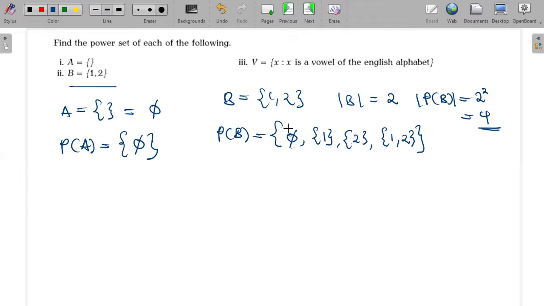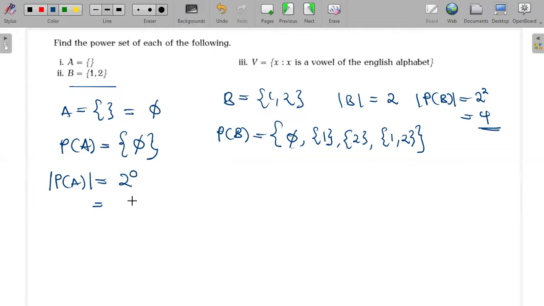So this here is the power set of B. Even in the first case where we're finding the power set of the empty set, when it comes to finding the cardinality, it's the same. You just say the cardinality of the power set of A is going to be equal to 2 to the power of how many elements there are. Since it's the empty set, by definition, it has no elements, meaning there are 0 elements. Any number raised to the power